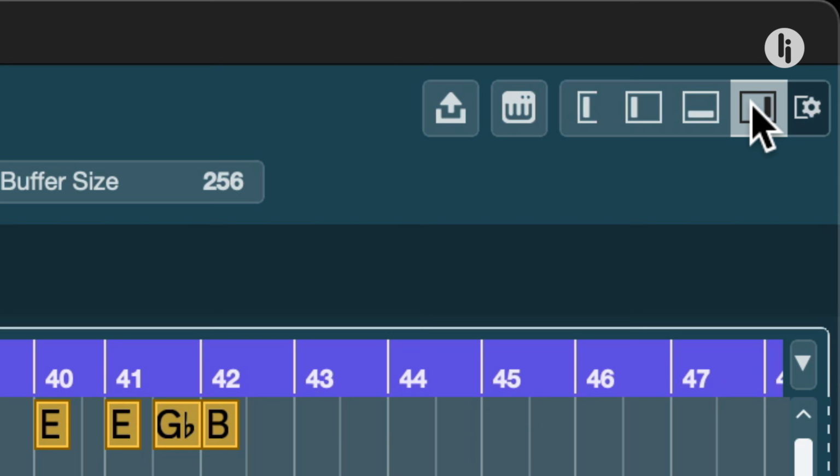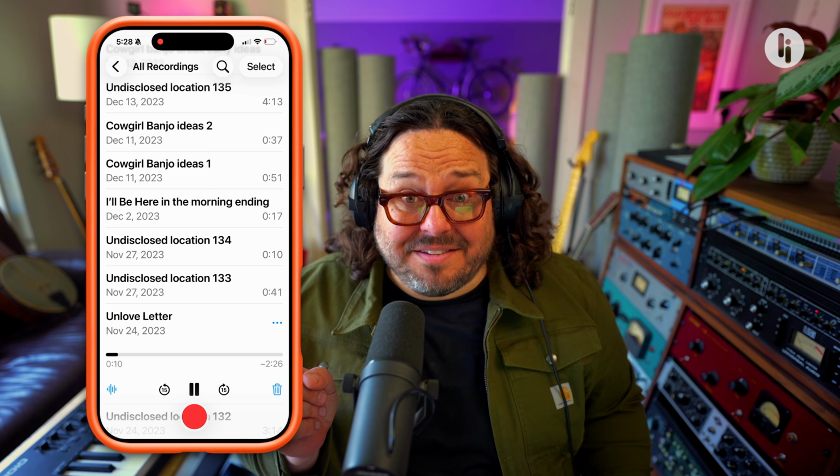But now, with the deep ARA integration of Tonalic and Cubase, this